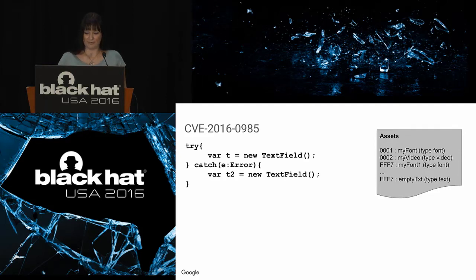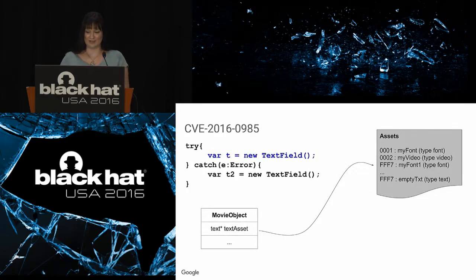But unfortunately, you can override this. So if your value in the asset table overrides a reserved value, that reserved value will just get overridden. So then you try and create a text field, and you've got your text field object, and it tries to find this empty text field asset, except it is now a font. Except this state actually gets detected. Because there's inline types for assets, it will notice, oh, this is actually a font, and we should throw an error. And it also corrects the type to be of type text field now, and this is basically just to prevent getting stuck in a loop as the player closes down.